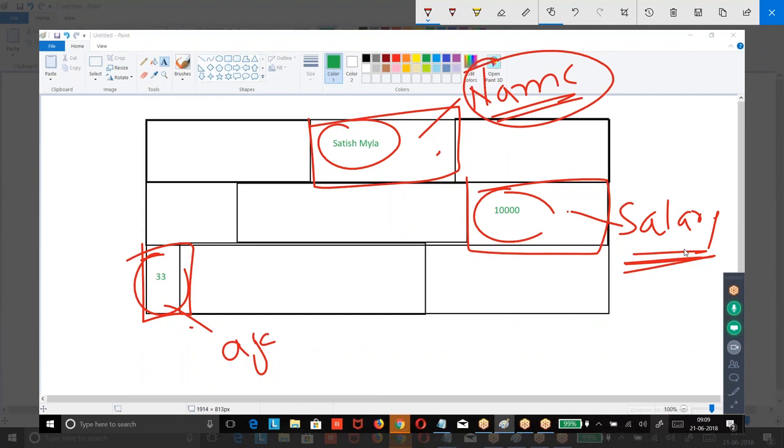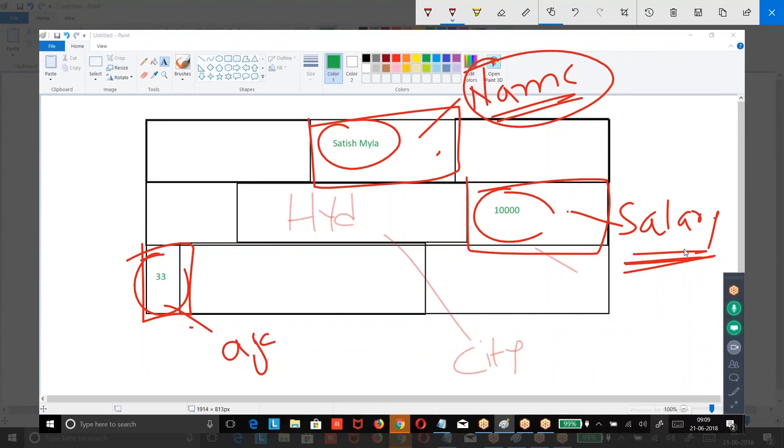Within the memory, what can I do? I can store the data and perform the changes whenever I want, as per my requirement. If I want to refer to this data, I will use the name we gave to that memory. So what is a variable? A variable is the name given to a memory location where we are storing the data and performing the changes whenever you need.